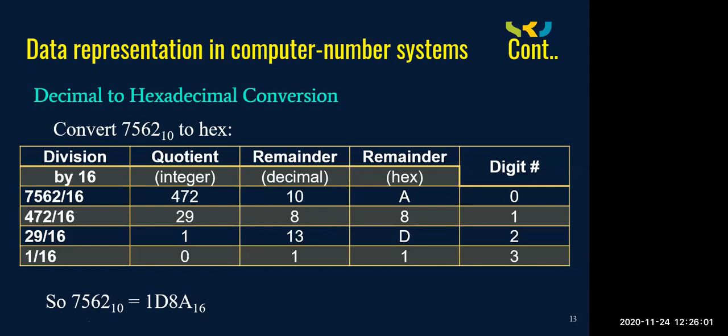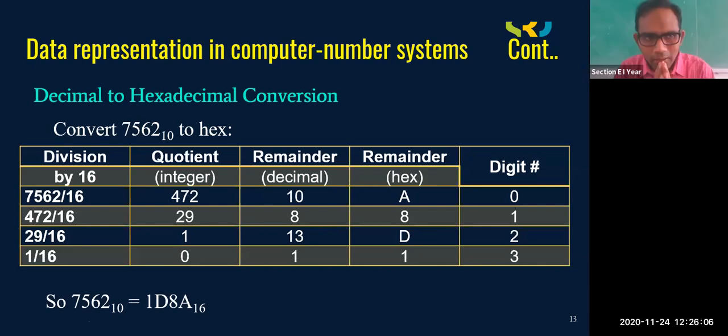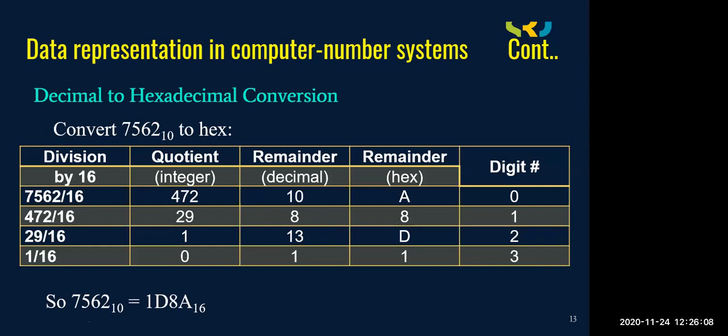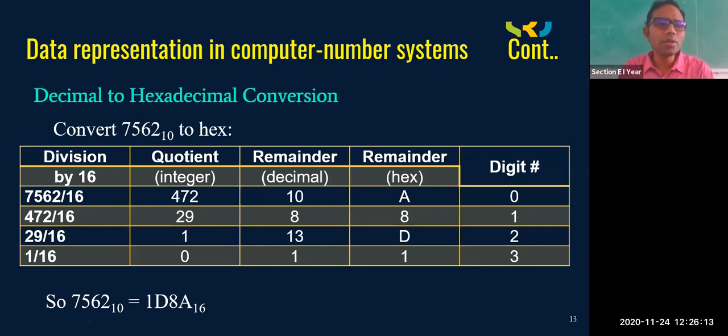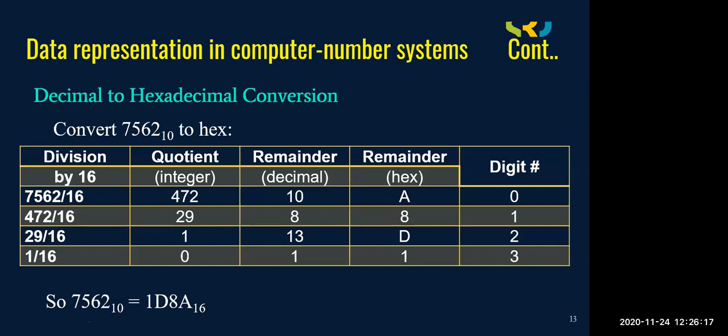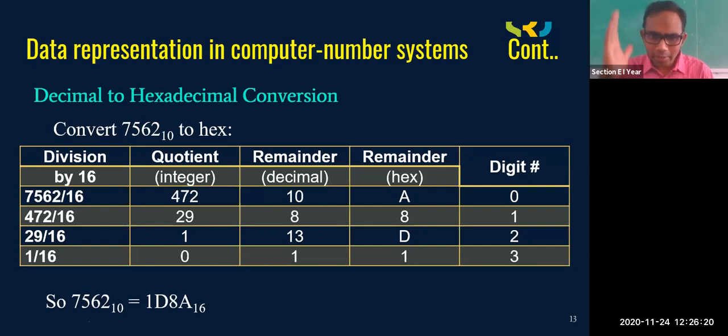Before that, we changed it into decimal. Now we are changing decimal into hexadecimal. These are the number systems we are having. This is how you are going to convert one number into another form. All the time we need to take the remainder parts from bottom to top. It may be binary, octal, or hexadecimal. Anything, from bottom to top, you are going to take the remainder. Then only you are going to get the result. 1D8A is the result in this case.